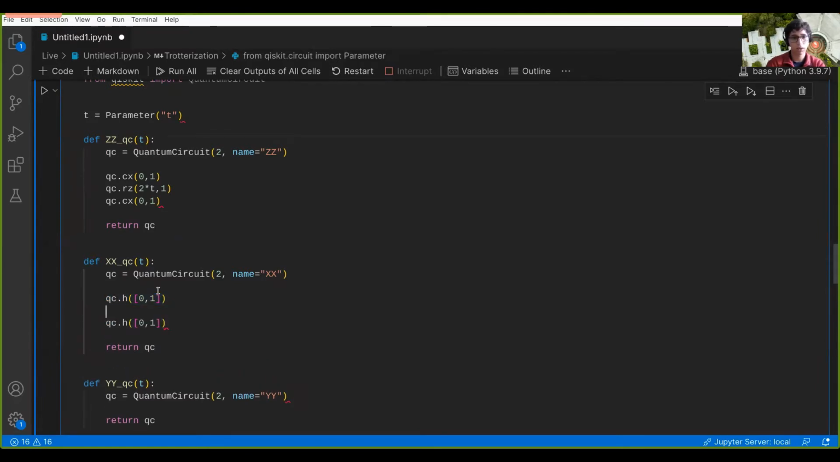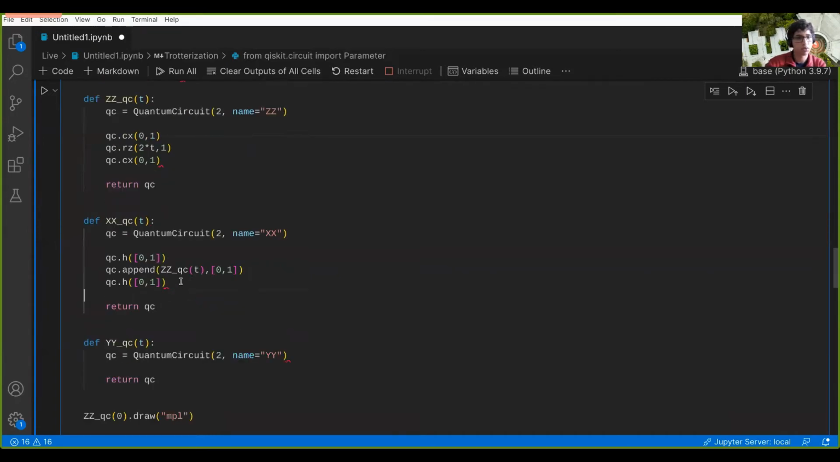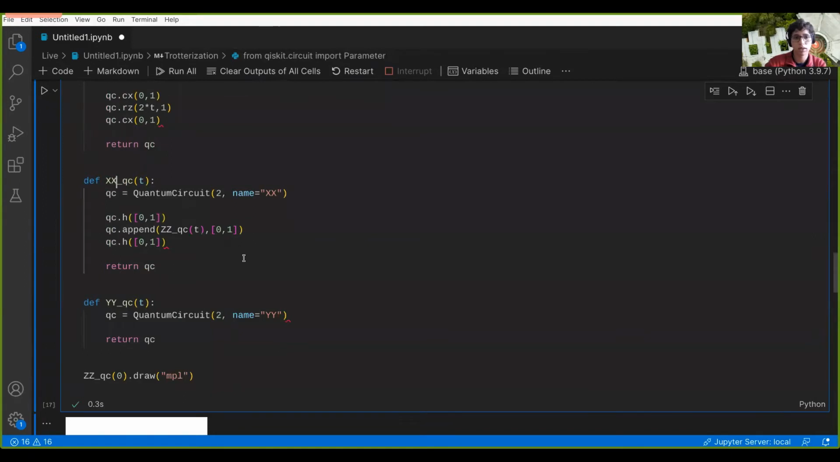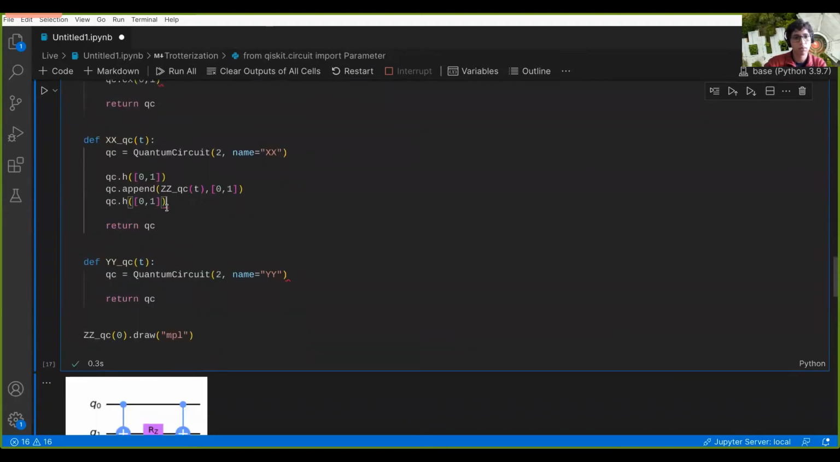And in the middle, we have to append the ZZ rotation. So it's going to be the ZZ QC T, and it's going to be applied on the 2 qubits. Okay, and we return the quantum circuit associated to XX, and now to YY, it's going to be very similar,